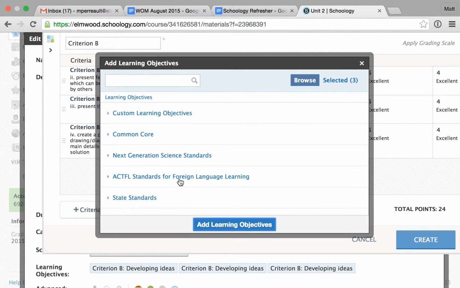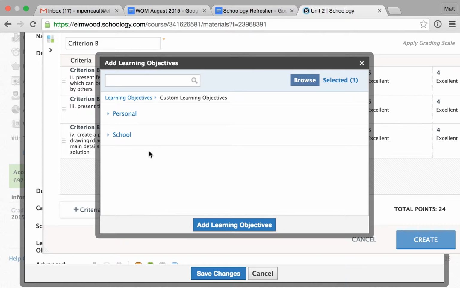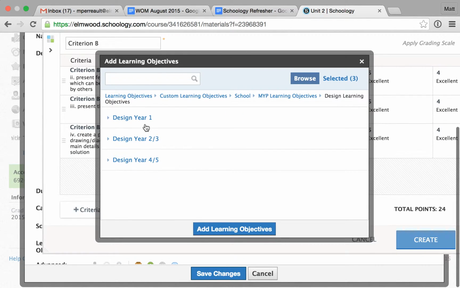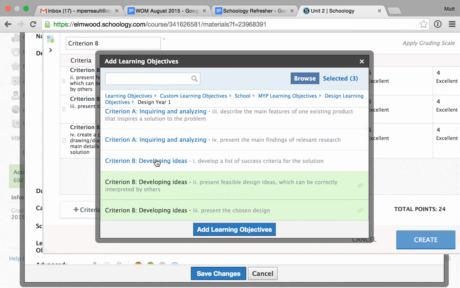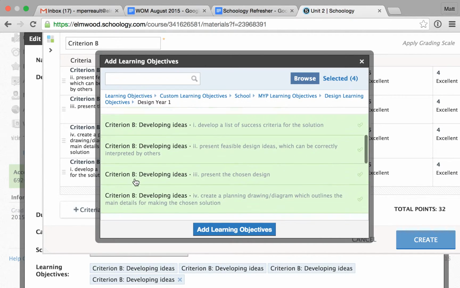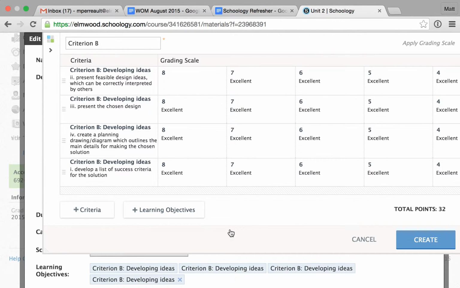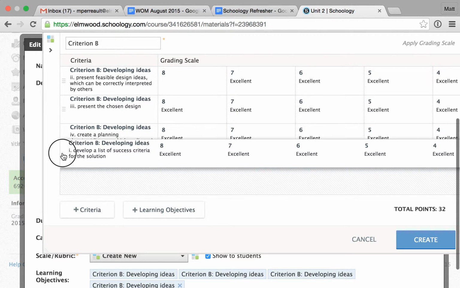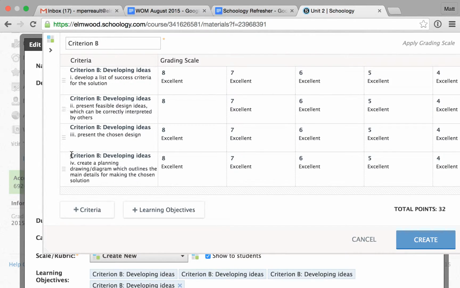But you know what? I'm going to add one more learning objective to that. So custom learning objectives, school, and I can do it right here through the rubric editor as well. MYP and design, and then year 1, and then why don't I go ahead and add all of my criterion B learning objectives. Okay, so I've got this one. Oh, it goes 2, 3, 4, 1. I just move objective 1 to the top so that they're all in order, and I can just call this design criterion B, and then I'll have access to this criterion B rubric